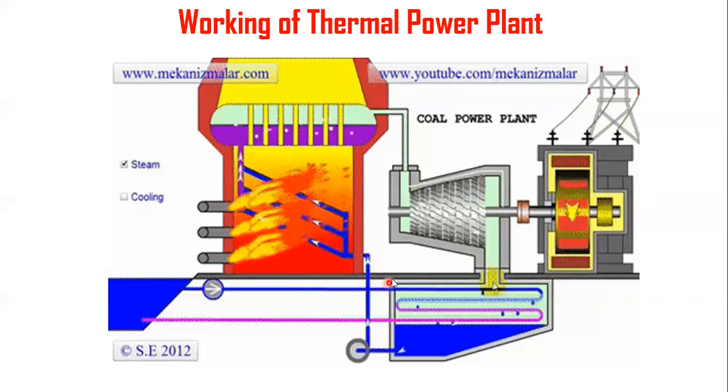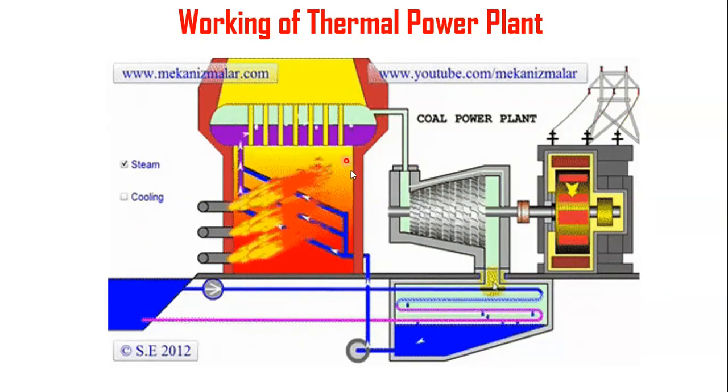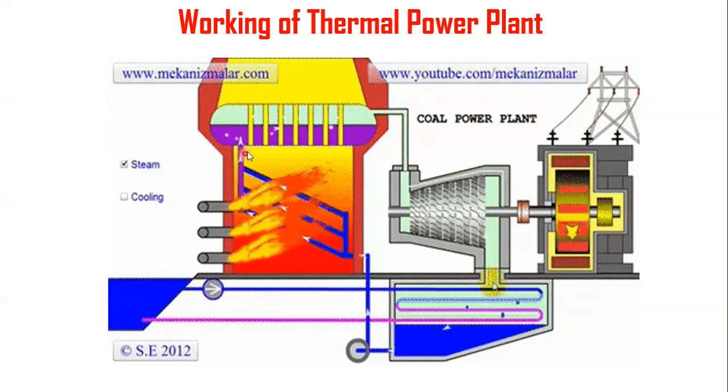Now, coming to this slide, I am showing an animation picture of the complete working of this thermal power plant. It will show clearly what happens in the boiler, the internal boiler operation. Here a large amount of heat is developed from the coal burning. Here the blue arrow marks indicate water. This water is converted into vapor here. That is what the heat exchanger is doing here. So that's why water is easily converted into vapor.